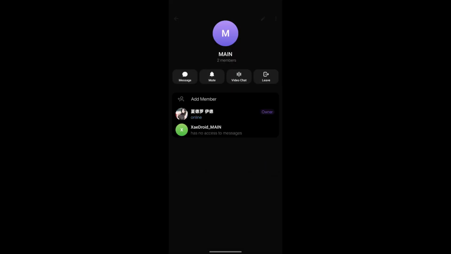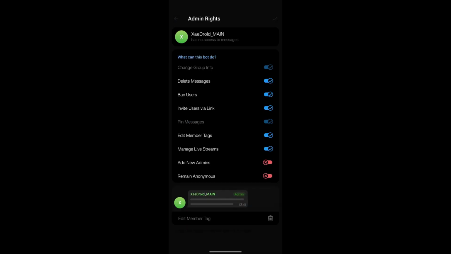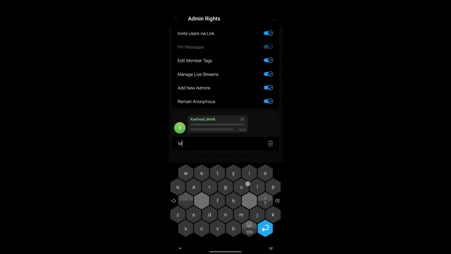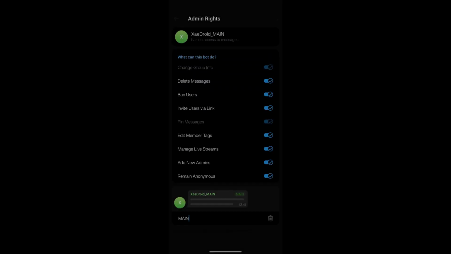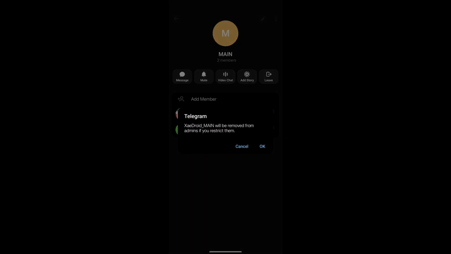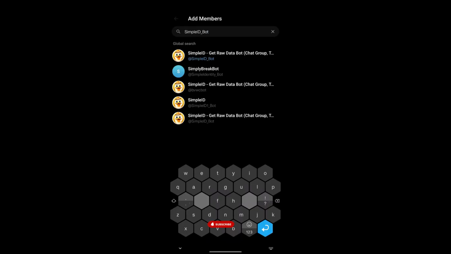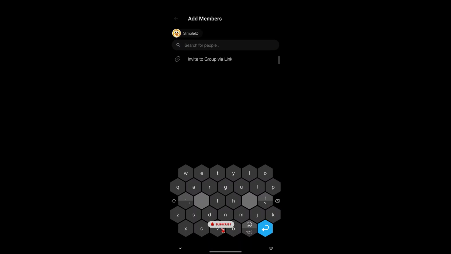Next thing is to give admin permissions to the bot in the group. So I'll promote it to admin first. I'll give every permission, and even give it a tag as main if anyone needs that. I'll save it, and I'll see if any other permissions are required. The next thing is to add another member to our group to get the chat ID. It's not a member, it's actually a bot. The name is a simple ID bot. I'll just add that to the group,